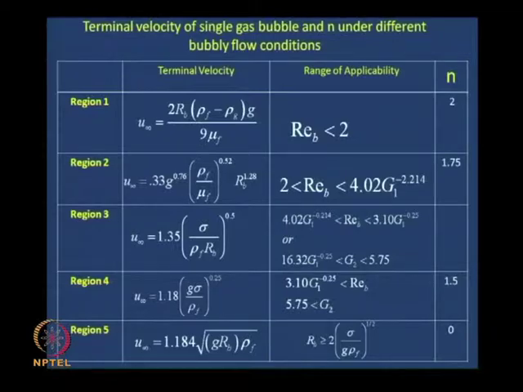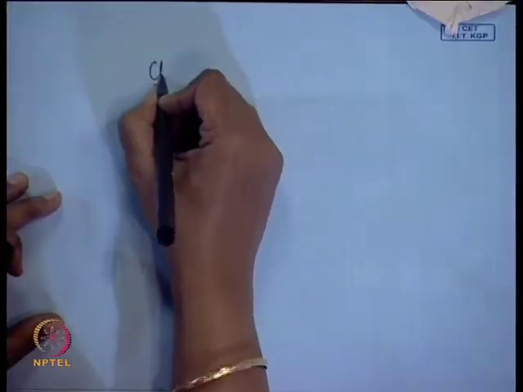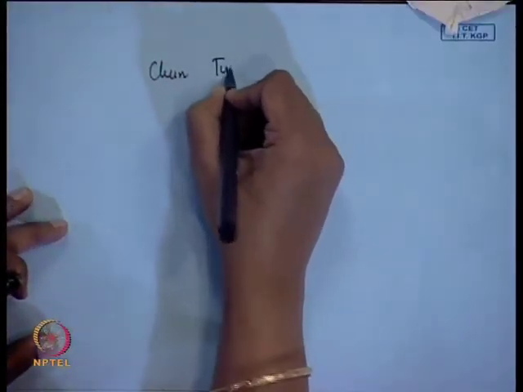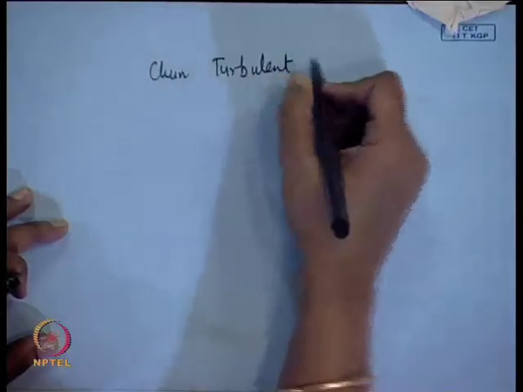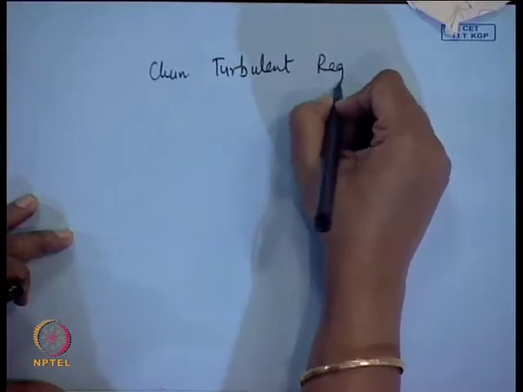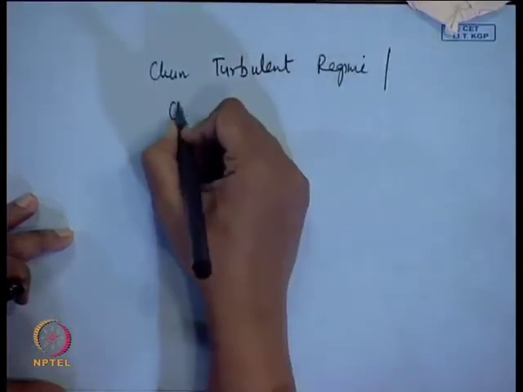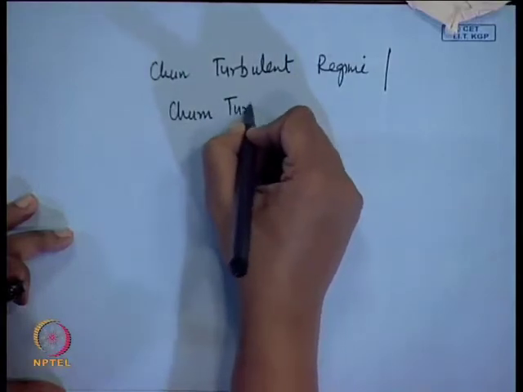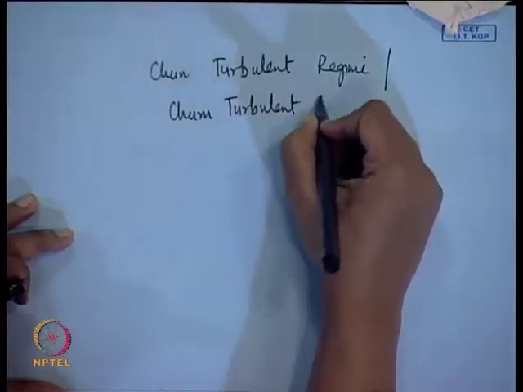And region 5 is not actually the bubbly flow pattern, it is the transition between the bubbly and the slug flow pattern. So, this you are supposed to remember, it is known as the churn turbulent bubbly flow pattern. Why is it given this particular name? It is given this name because the distribution resembles the churn flow regime. So, it is either the churn turbulent regime or it is named as the churn turbulent bubbly regime.